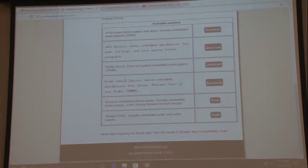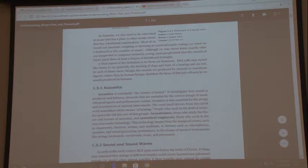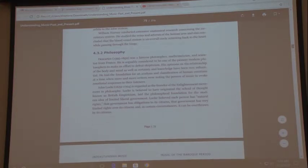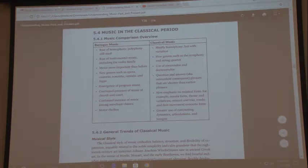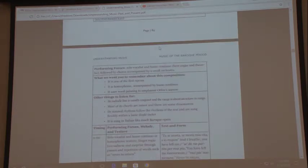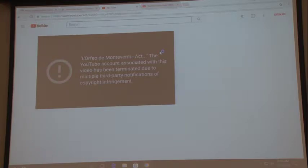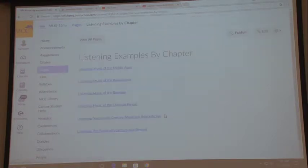Now, the downside to this book, the thing that makes me uncomfortable, is that it uses YouTube links, and this book was created in 2015. Some of them are already dead. So, for instance, if you go to, let's see, Orfeo, right, there is the dreaded takedown notice. They have been reported. So what I did is, in my Canvas shell, I curated, to use a very hipster term,